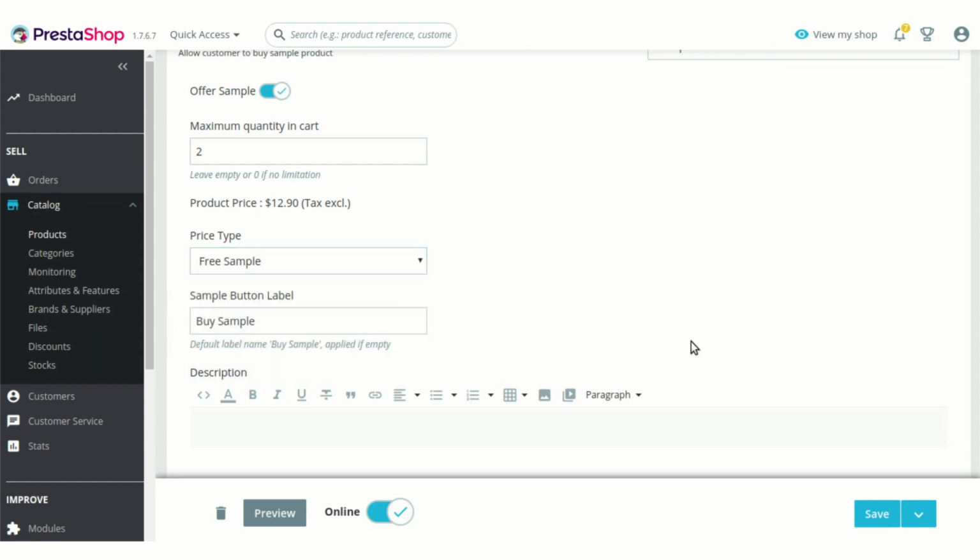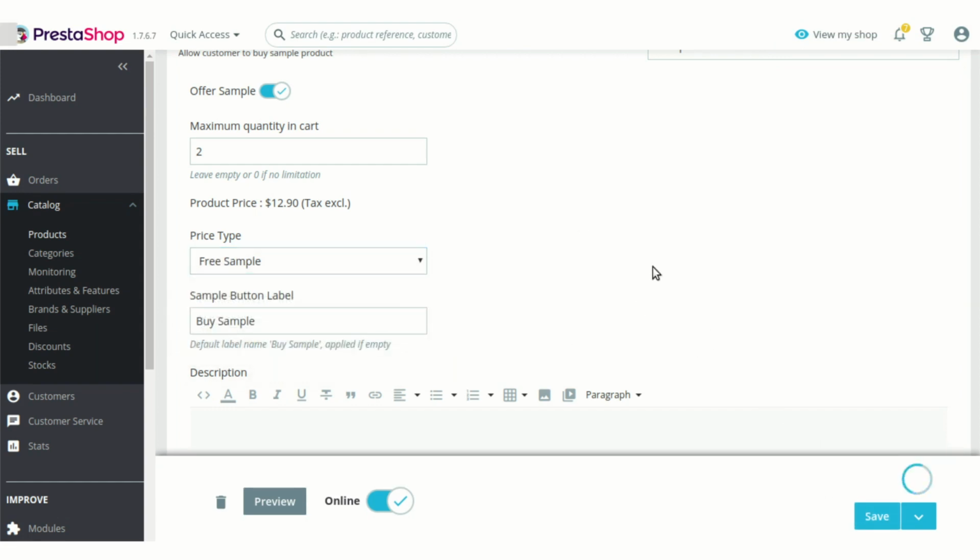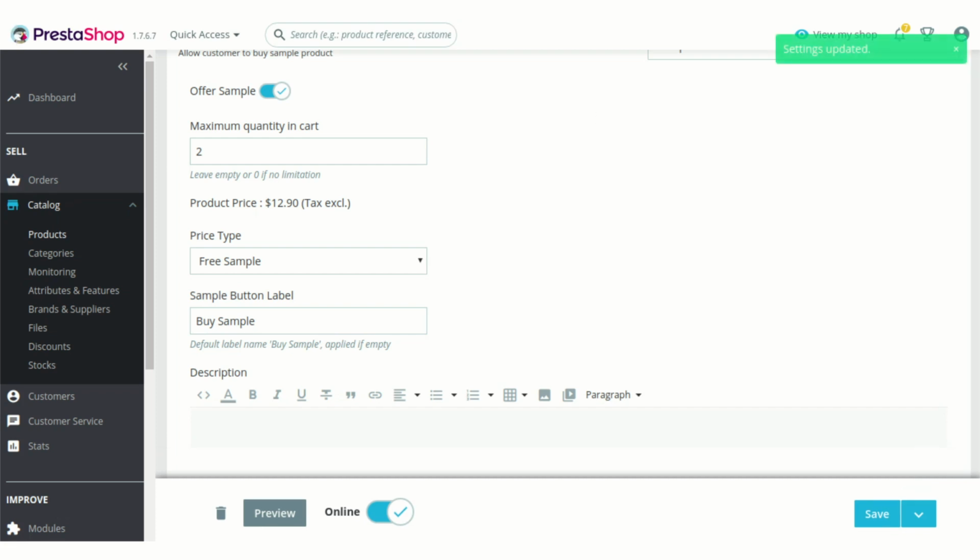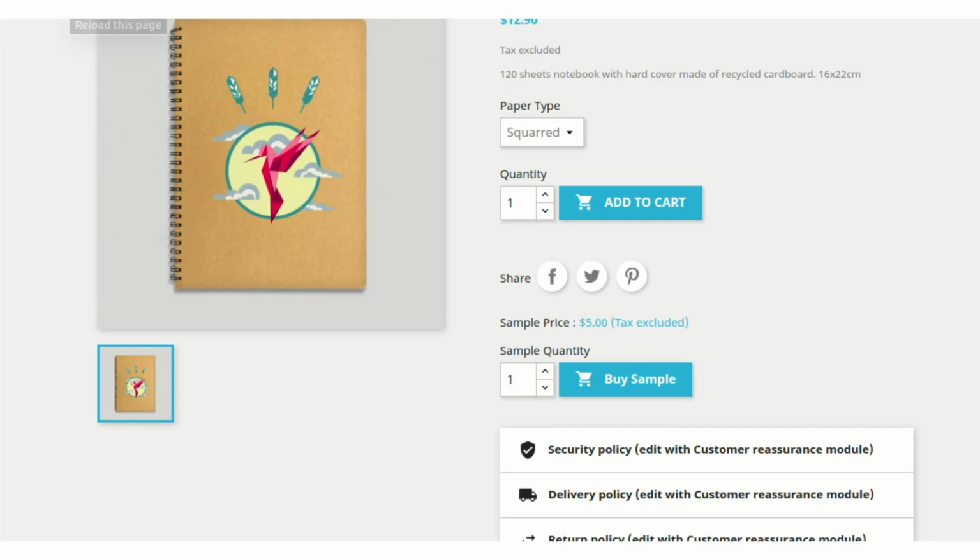Now you can also choose to offer this sample as free sample by setting the price type as free sample, and your customer won't need to buy the sample of a product by paying any price. You can just place an order without paying any amount, and order will be processed.